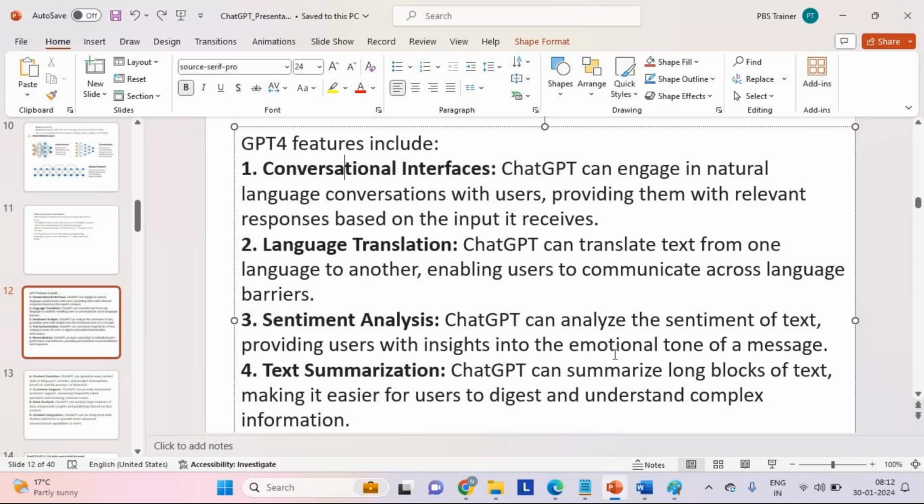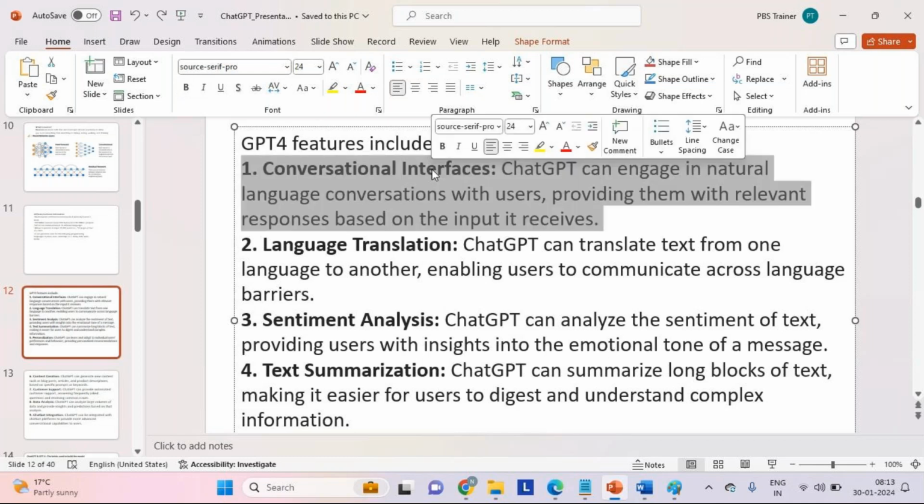But here we don't focus on whether the input is supplied the first time, second time, third time, in iterative mode, non-iterative mode, or chain mode. All such things we don't take care of as part of the conversational interface.